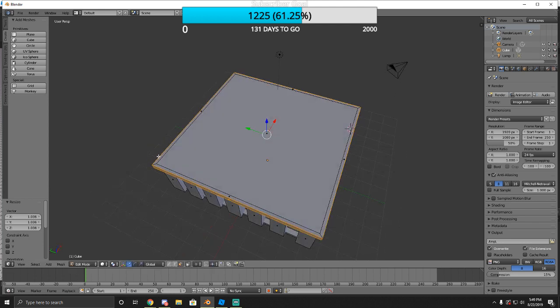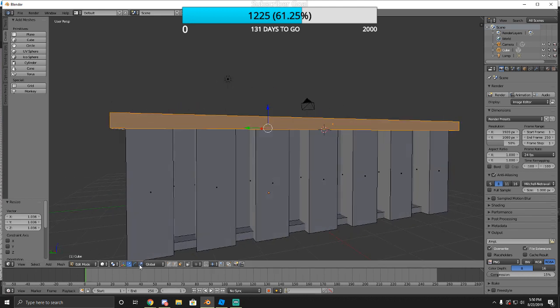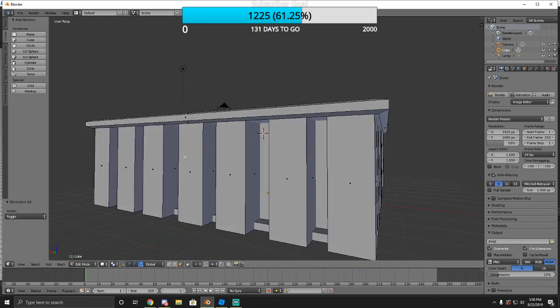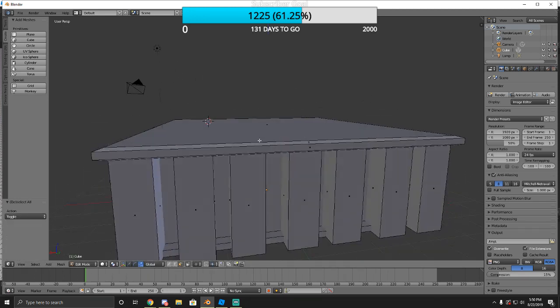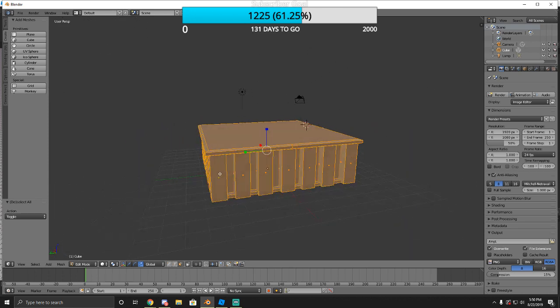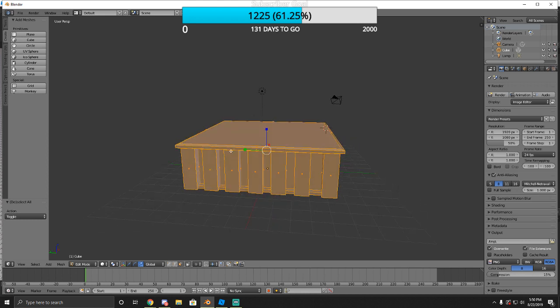So you see it created this whole new lip around all of them. And from there, all we're gonna do is drag this blue down. So now it created a bevel effect on all the edges, which is exactly what we want. And I think that's pretty good, and we can go ahead and duplicate that and create the rest of our buildings. So let's just hit A to select all of them, and then Shift D to duplicate, and from there